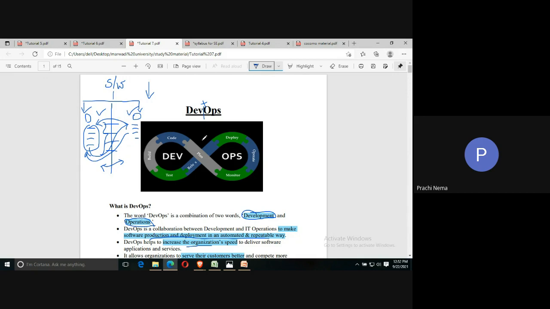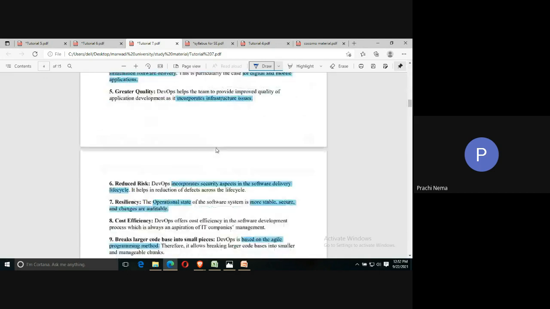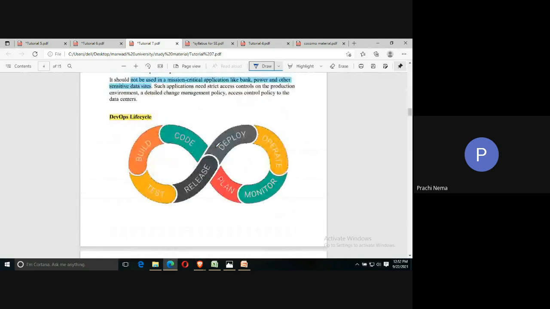Now, this is the DevOps life cycle. I'll show you another one. See this, this is the logo which represents the DevOps life cycle. So it is both a logo and it represents the DevOps life cycle. What are the various phases? The first phase starts with planning. So we do planning, then coding, then we build, then we test, then release, then deploy, operate, and continuous monitoring. So this is how it works.